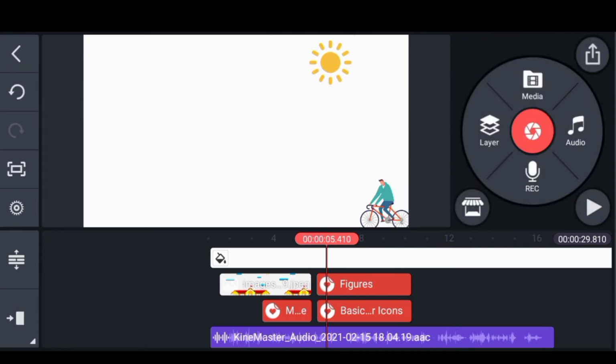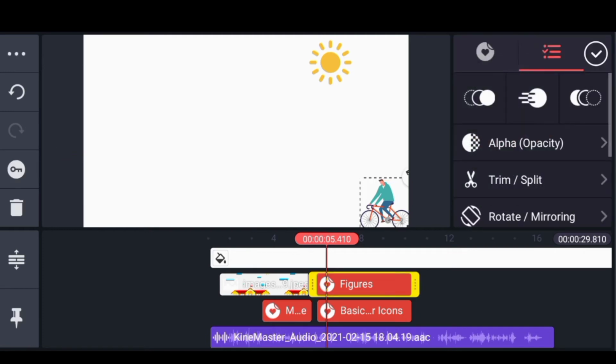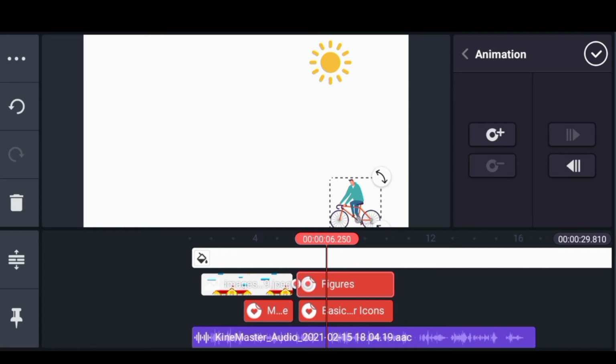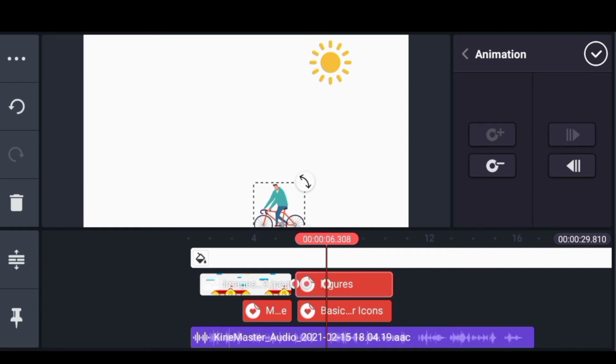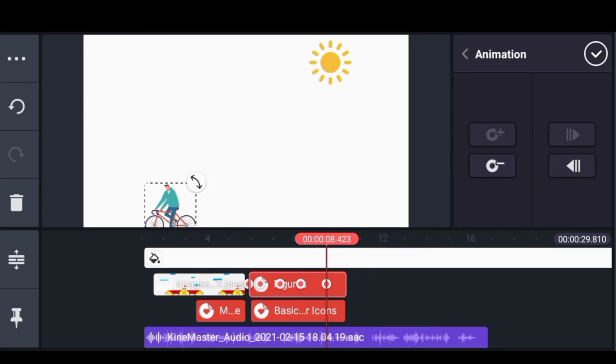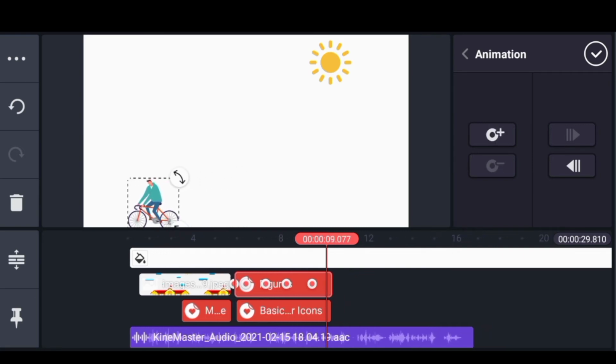So the next thing we are going to do is animate our bike. We are going to use keyframe. You can see that key symbol that was at the left. When you select it, you get to move your object. So once you move your object, you move the keyframe again, then you move the object further again. Wherever you move the object to, that's the direction in which the object will move